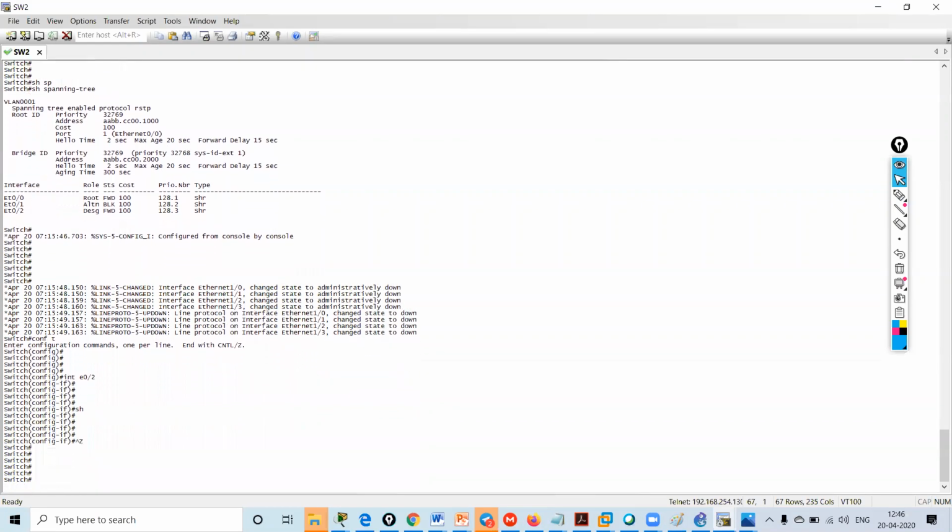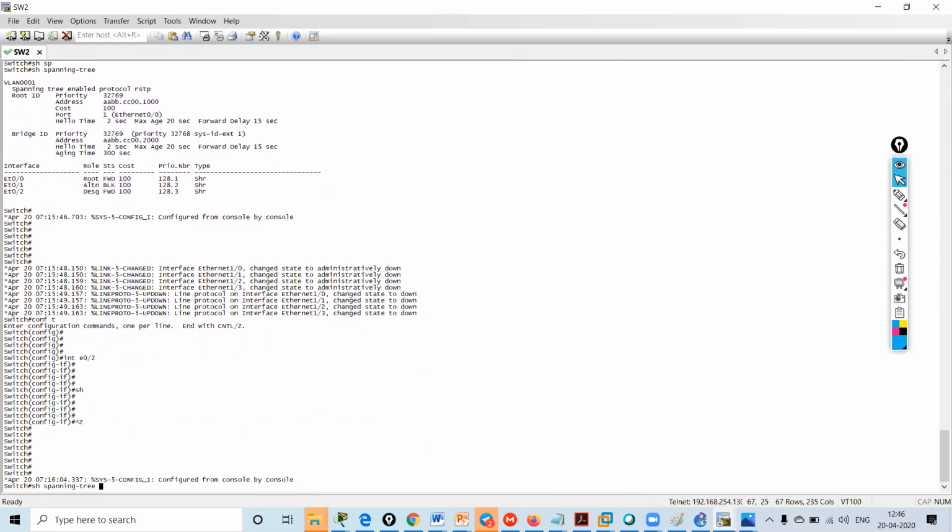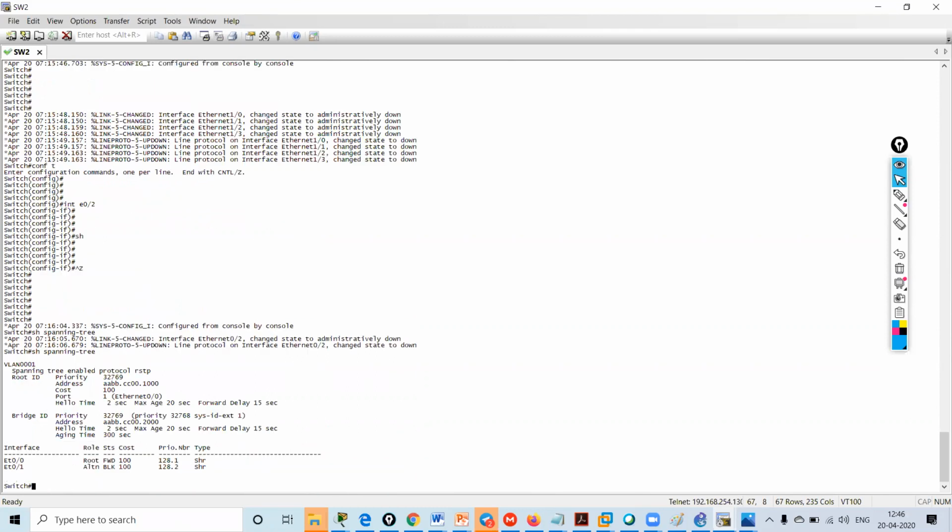Shut. Okay. So now my only 2 ports are up, 0/1 and 0/2, which are connected. So you can see over here 0/1 is my alternate port, in blocking state. Okay, it is in blocking state. So now what is the command that I have to give? The command that I've written over here,